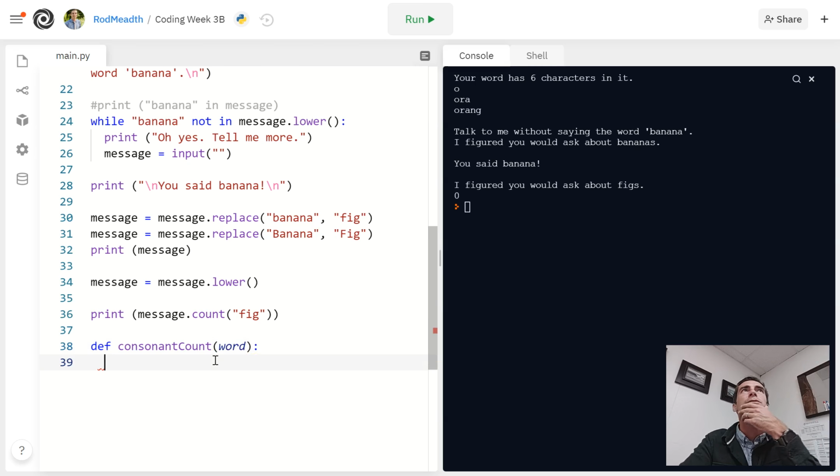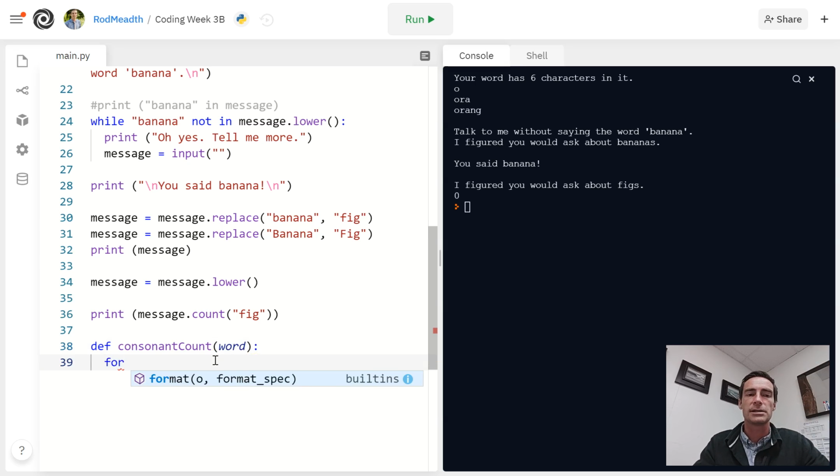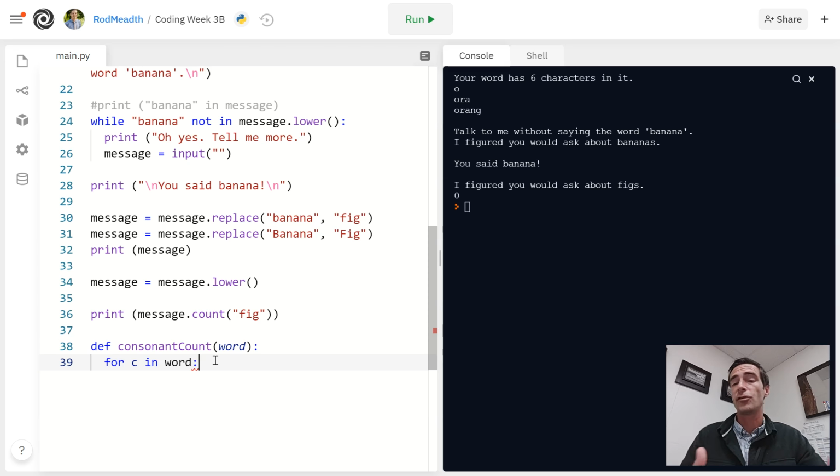All right, now I think what we'd do here is we would probably run some kind of a loop. We'd say for C in word. Remember, the for in, this is a way that we loop iteratively across a string of text. C is like a temporary variable, a temporary placeholder that keeps cycling through as many characters as are in that word. For C in word,